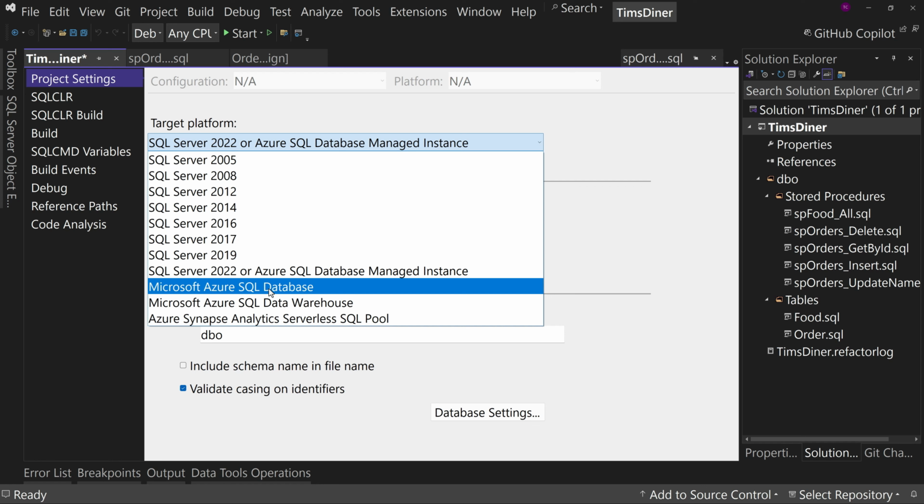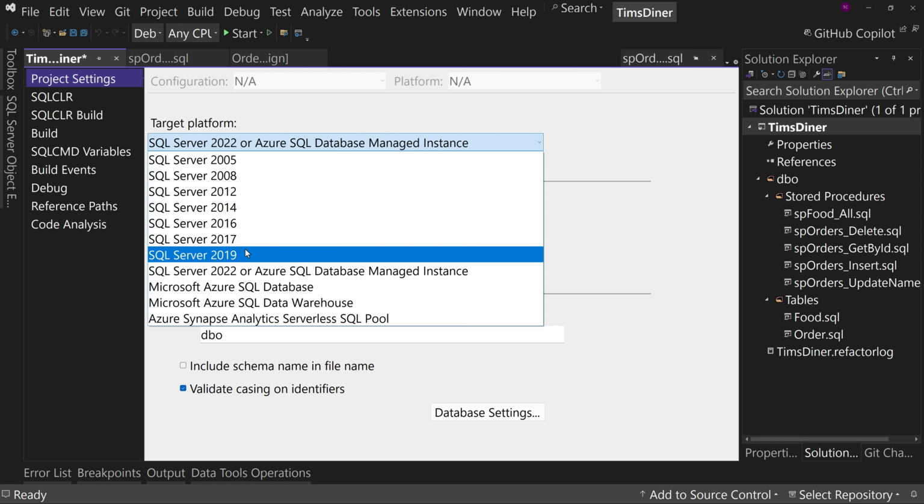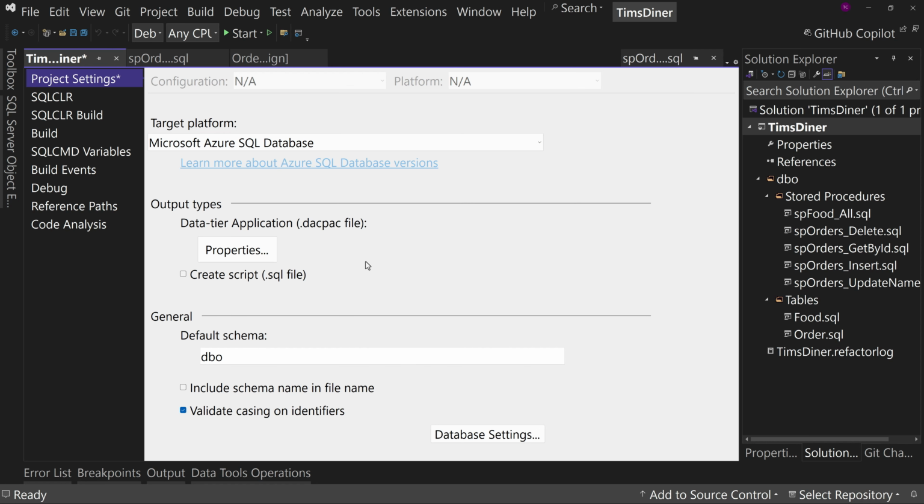You might say, well, Tim, I'm not using Azure. I'm using SQL Server, a different version, like 17, 16, 14, whatever. Not a problem. You can change to that, but the Microsoft Azure SQL Database will also work with 19. It will work with 2022, and I believe 17 as well. So this is kind of like a catch-all option for us so that we don't have an error when we